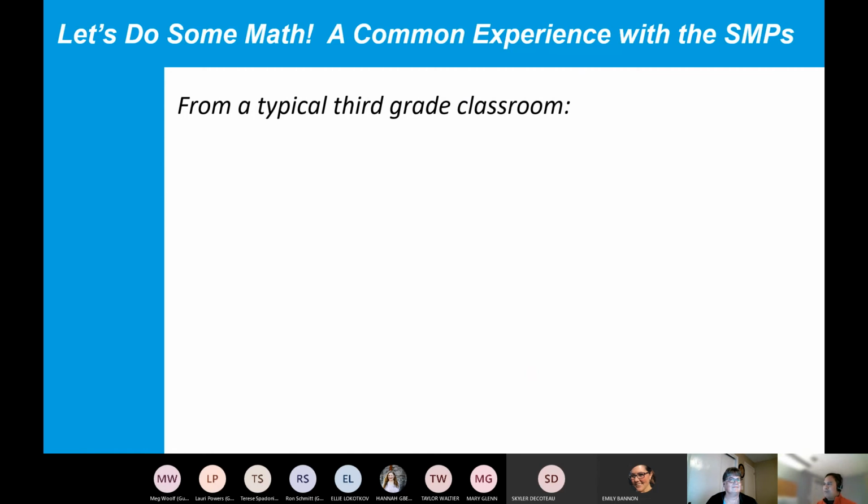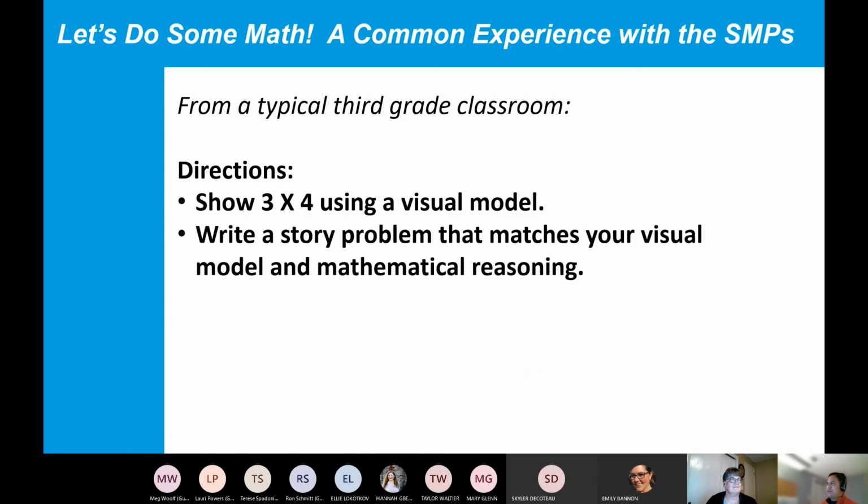So if you have a piece of paper and a pencil next to you, or you could just think this through, this is something we might give a typical 3rd grader. The directions are to think about 3 times 4 and show it using a visual model. So what does a picture of 3 times 4 look like to you? And then if you can, write a story problem that matches the visual model that you just drew